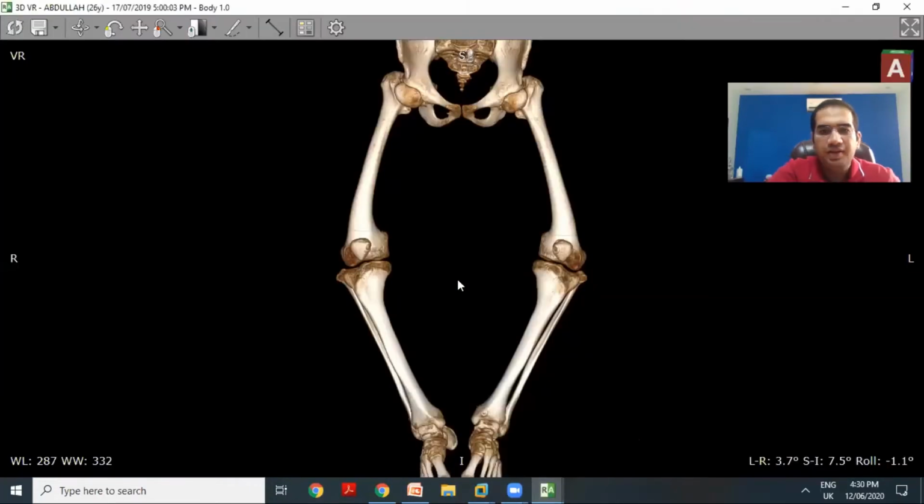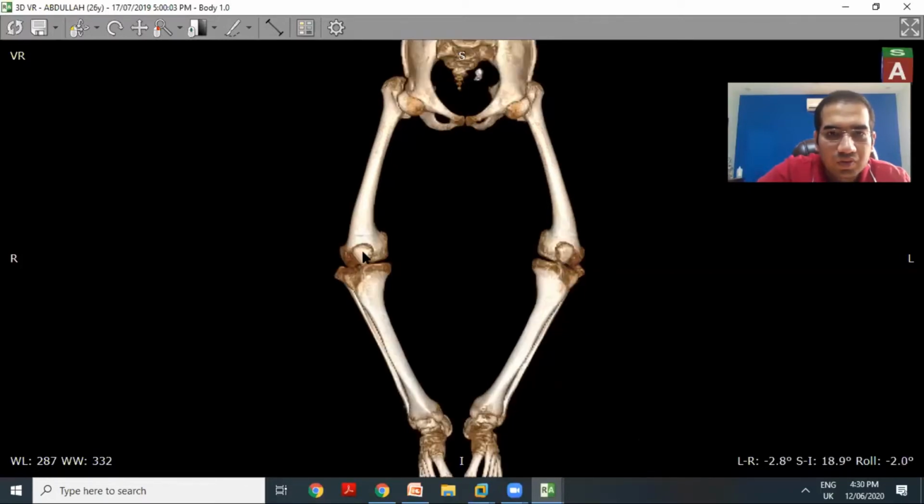I have here a 3D, Satar, I hope you can see this. This is a 3D reconstruct of a deformity case of mine. What I wanted to show you here, look, focus on the right side of the femur. Now you can appreciate that there is an obvious varus deformity of this leg. Assume that this is a true AP X-ray of the patient. In this AP X-ray, you can clearly see that there is a varus deformity of the leg.